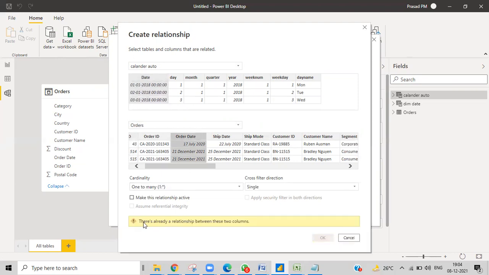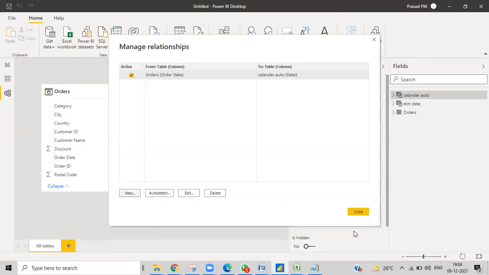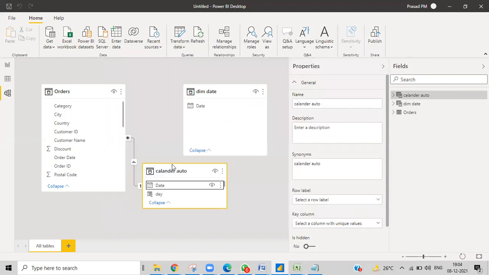Here, why is it not showing it? There is already a relation between these columns. Already we gave the relationship, so it doesn't take it. This is how we do the relationships, but right now I'm not doing. Okay. So once I give the relationship, then I can use this in my model.